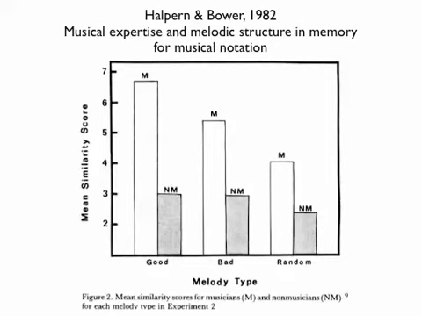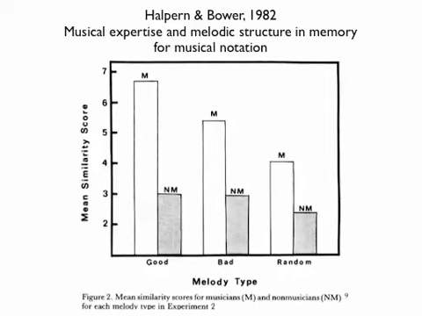So averaging across good, bad, and random, the main effect of whether someone's a musician or not is pretty easy. Musicians are significantly better than non-musicians. And on average, if you average musicians and non-musician scores together, it's easier to recall a good melody than a bad melody, and random melodies are the least easy to reproduce correctly because you get less and less similar to the original as we move from good to bad to random.